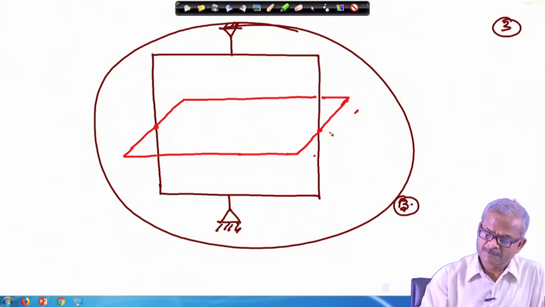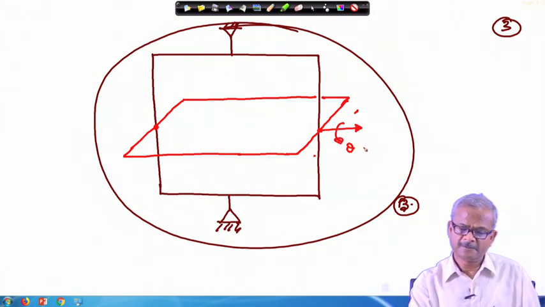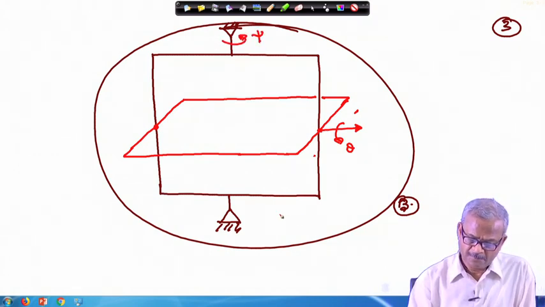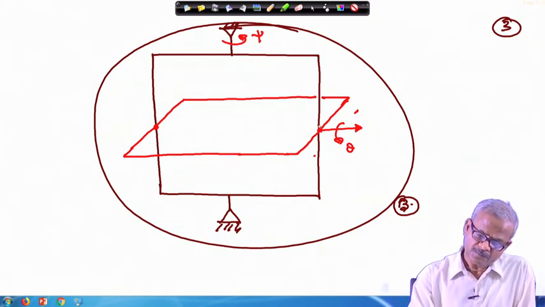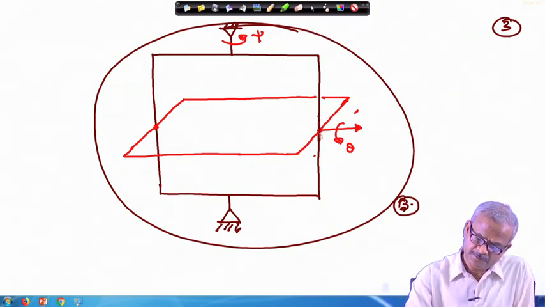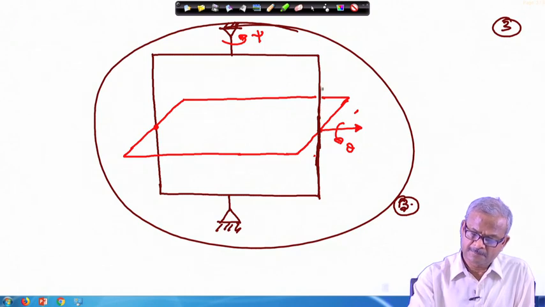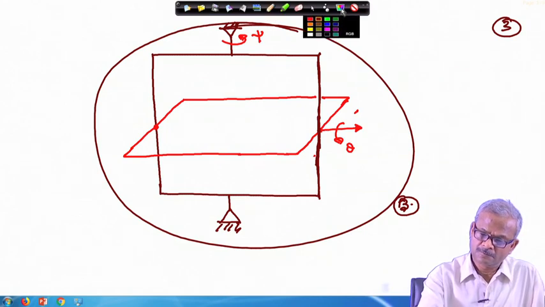So, this is the gimbal axis here, you rotate by theta here and about this by psi. So, there is a motor which can be fixed to this one, this, the brown one, is outside. So, the brown one is outside and this is inside. And then we have the rotor,